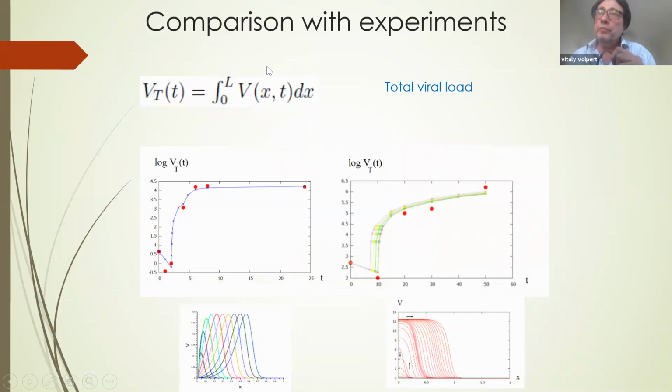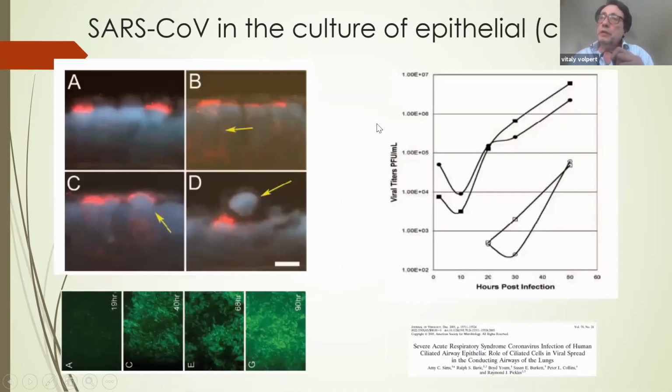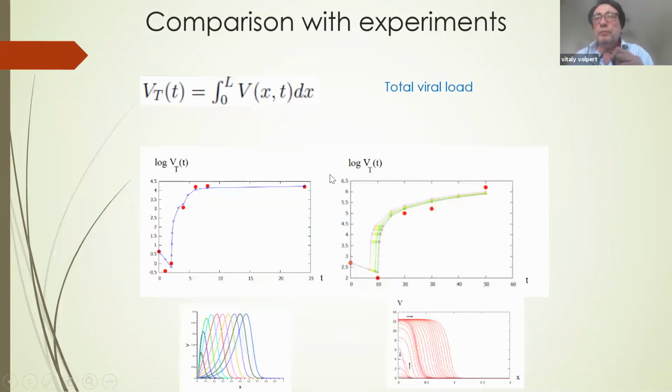So what we do, in fact, to compare with these experimental results, we just integrate the solution with respect to space, and like that we obtain the total virus concentration as a function of time. And this is exactly what is shown here in these experimental curves. So we compare these experiments and modeling, and we see that these models describe quite well these experimental results. What is interesting here is that we can identify, in the experiments and in modeling, 3 stages of virus